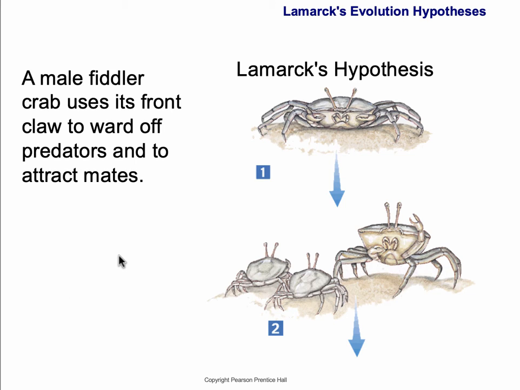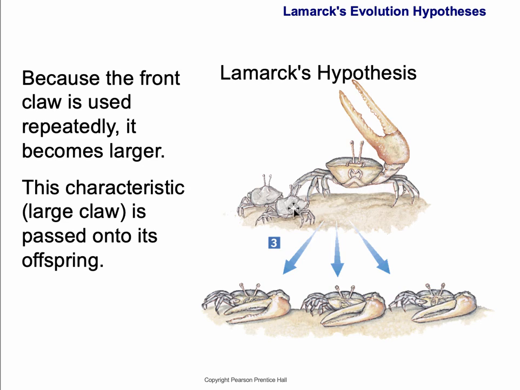So, the fiddler crab is a species of crab that has one giant claw and one small claw. And so, a Lamarckian evolutionary biologist might say that the fiddler crab ancestors would use that one claw to ward off predators and to try to show off for potential mates. And over time, by using that claw to defend itself and to try to attract mates, it gets bigger and bigger. And as it grew in an animal's lifetime, that animal was able to pass on the larger claw to its offspring.